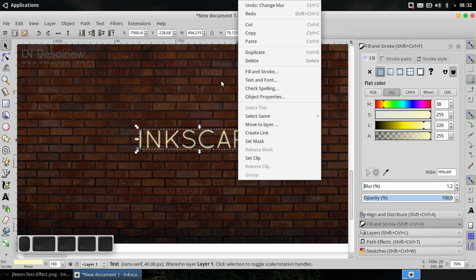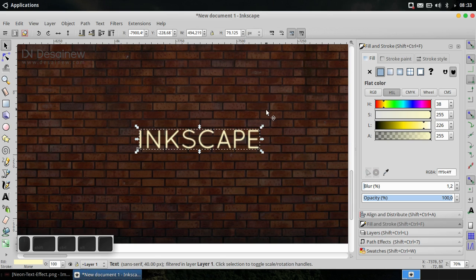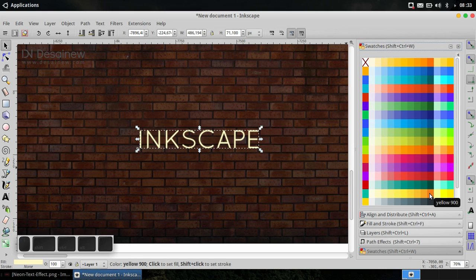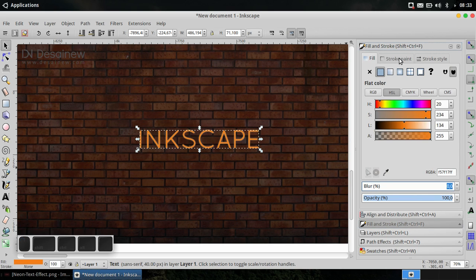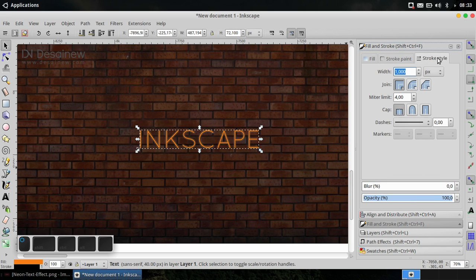And then duplicate this text object, because we will create an inner glow effect. And then blur is 0 and give a yellow color, yellow 900. Open Fill and Stroke, enable stroke paint, and for stroke style it is 9 pixels.